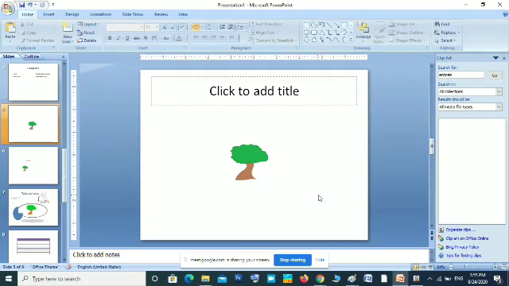Okay, this much is mentioned in the inserting section. You can insert text, you can insert pictures, and you can insert other objects also according to your requirement. So next is applying themes to a slide. Theme is a